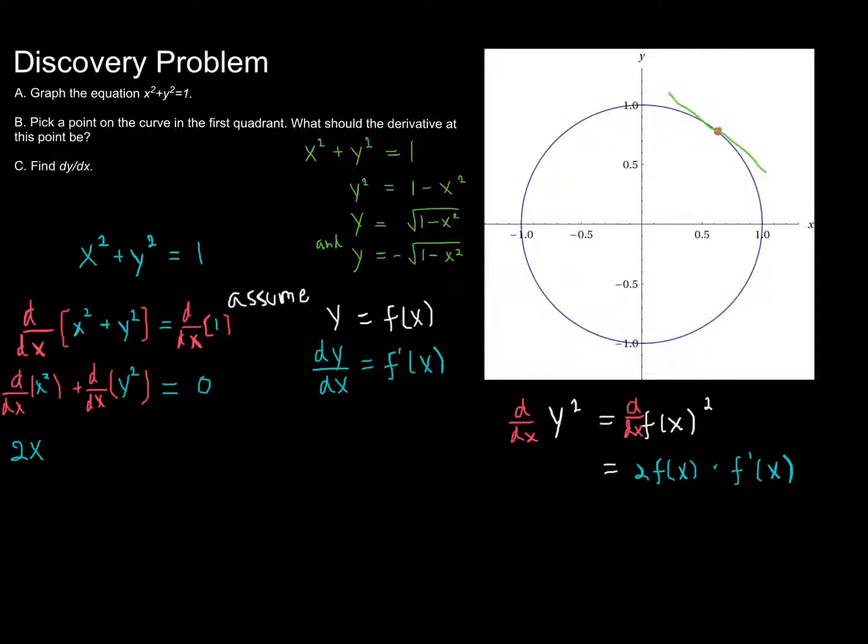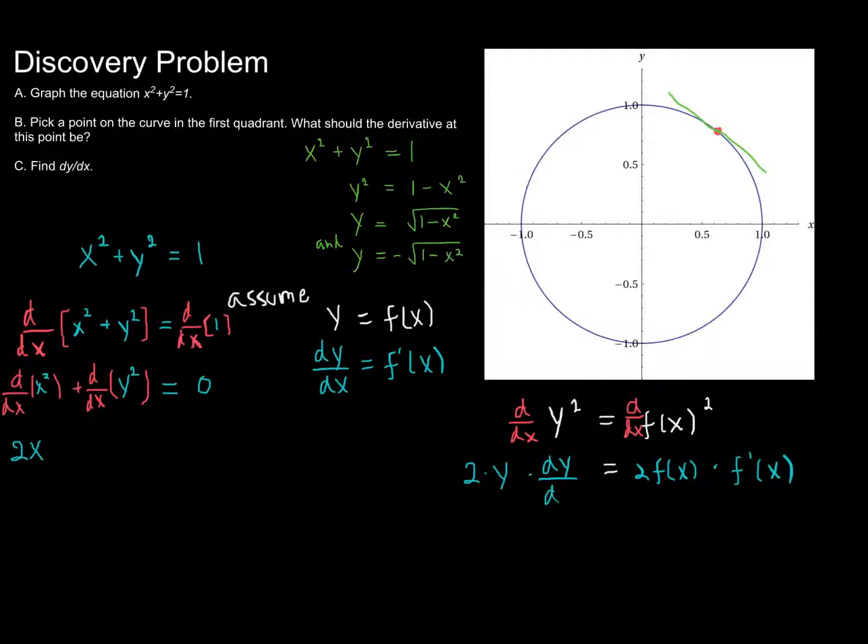Okay, well, remember, f of x is just whatever my y value is. That's the function that gives me y. So when I take the derivative of y squared, I'm thinking of this y as a function of x, so I need to use the chain rule. So the derivative of this is going to be 2 times y times the derivative of whatever y is with respect to x. So writing this out, I have 2 times y, the derivative of the outside function, which is squaring y, times the derivative of y